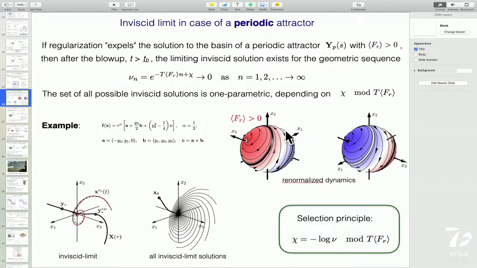It's a 3-dimensional sphere, and there is this periodic orbit which is shown in black. So you see, whatever orbit you have, it approaches this periodic solution. These are two different views. Red corresponds to the expelling, the defocusing part, and blue is the focusing. So there is this defocusing periodic limit,